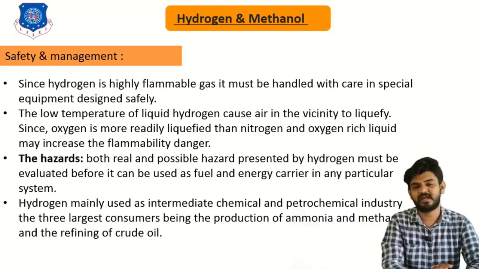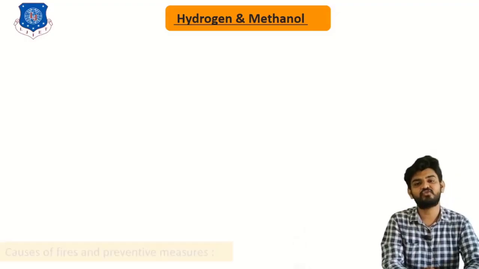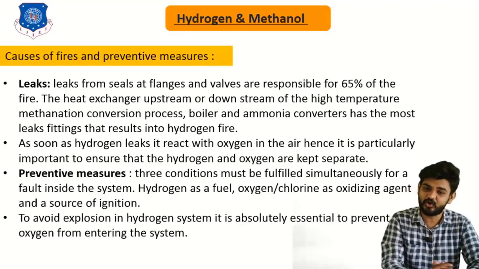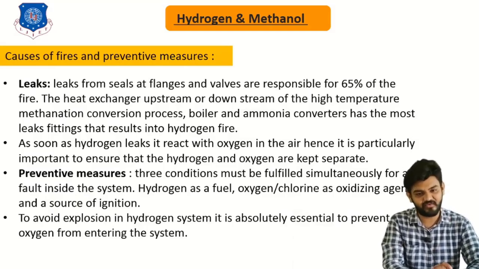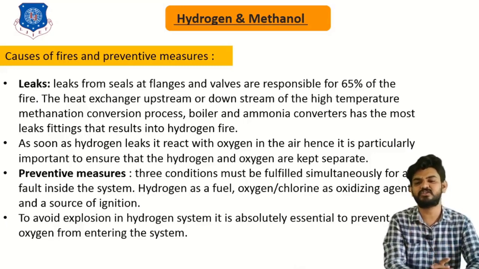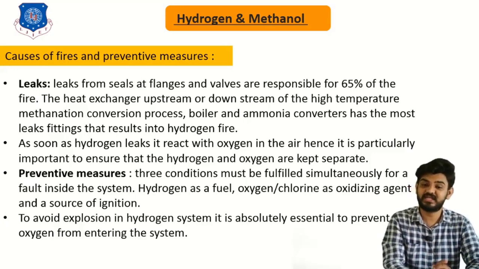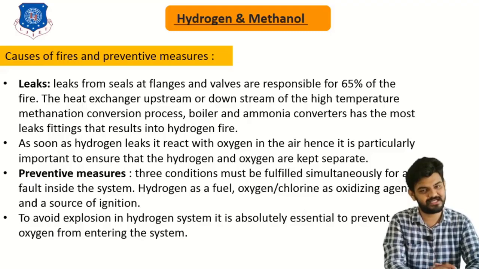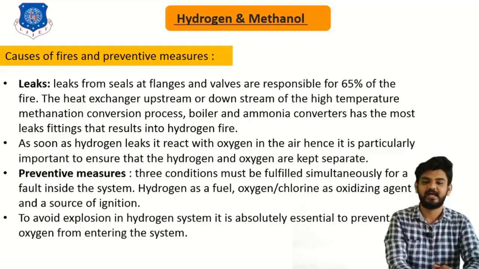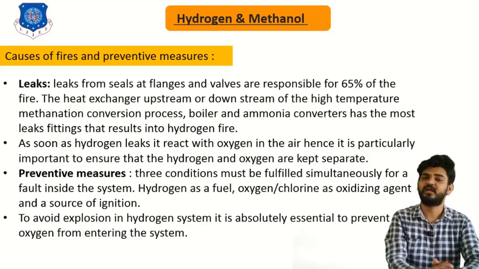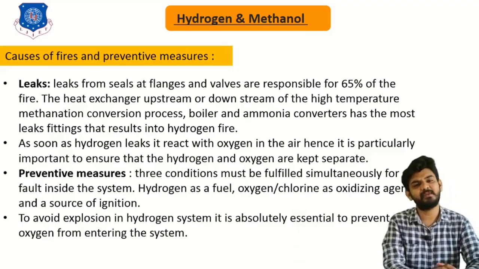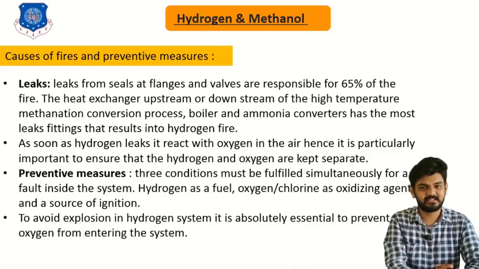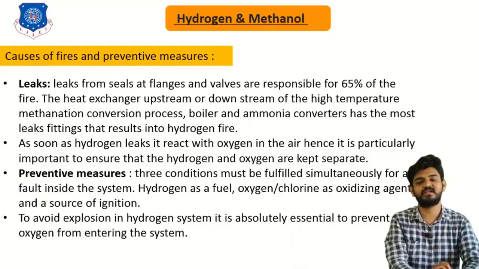So we need to consider different safety management, and we have to consider the leakages of this hydrogen and fire protection. So leakage from the steam and the flange or the valve accounts for 65% of fires. The heat exchanger upstream or downstream of the high temperature methanation conversion processes, boiler and ammonia converter has the most leakage fittings, resulting in hydrogen leakage. So preventive measures also need to be considered, as three conditions must be fulfilled simultaneously for a fault